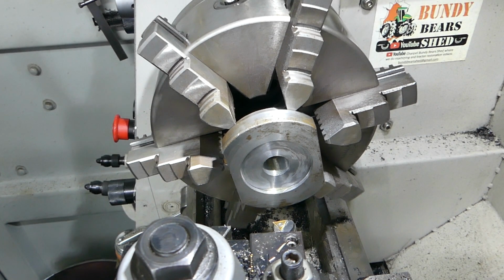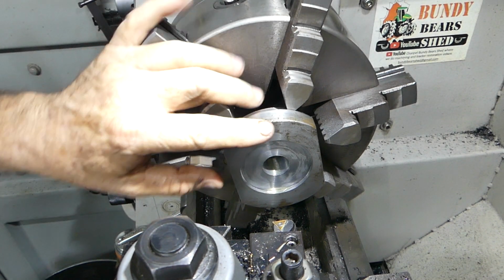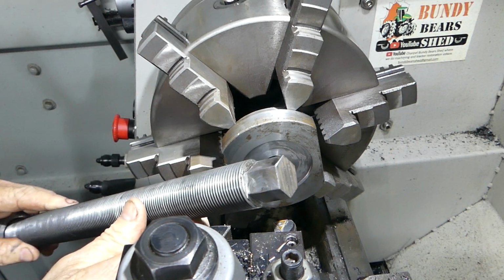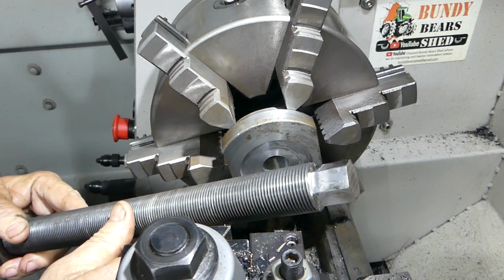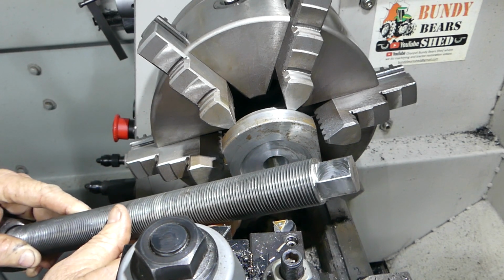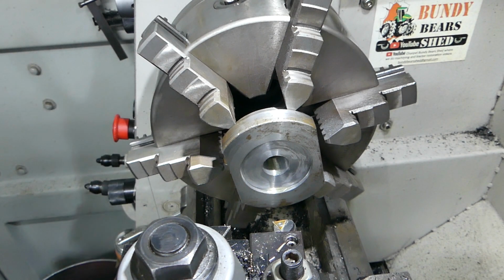Well, those who have been watching the progress of me machining some discs and some big threaded bar and doing the hex on the end of the 1 3/4 UNF threaded bar. This afternoon I've got time to continue on with some of this job. So what the plan is, originally